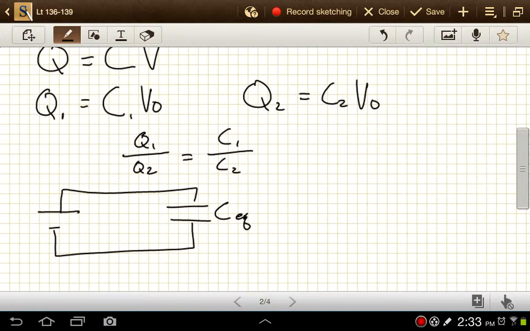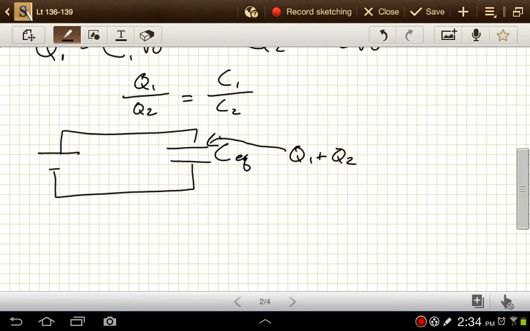We need that to have a total charge of Q1 plus Q2 in order for it to really be an equivalent capacitor. So we say C equivalent has to be equal to the total charge, which is Q1 plus Q2,